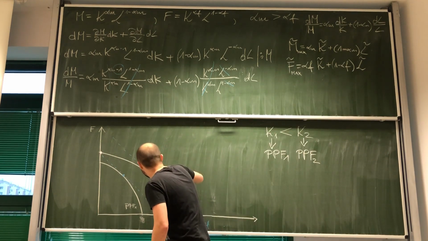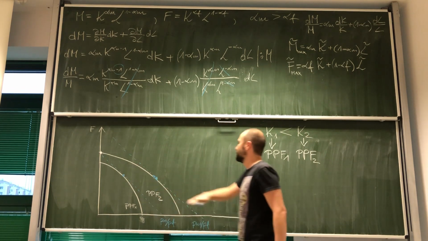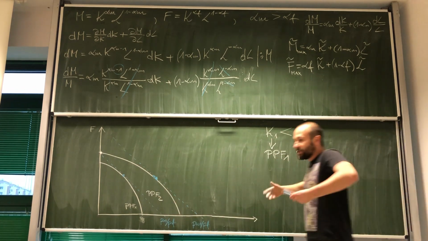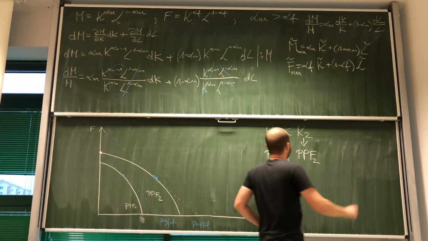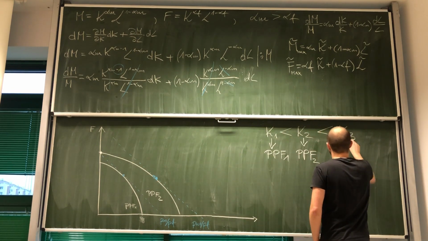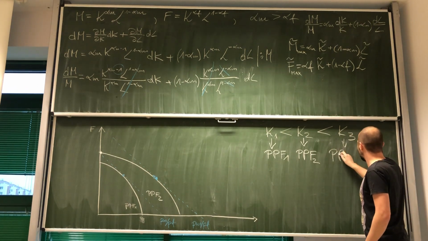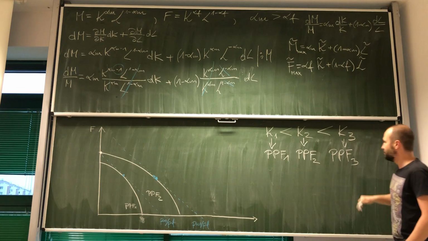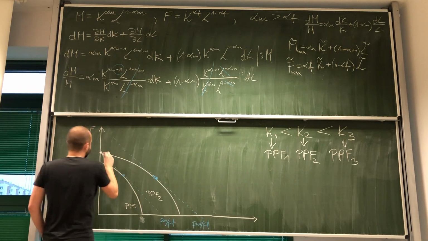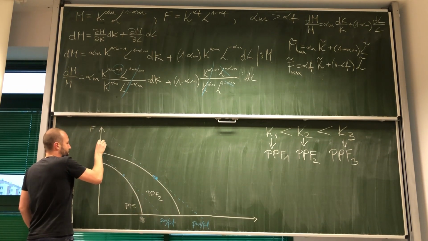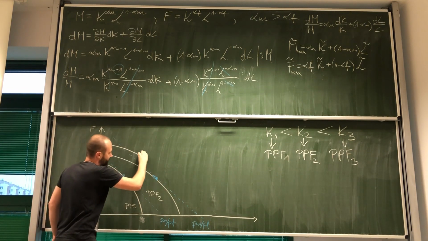Okay, maybe let me just make the result more pronounced. Let me just put it over here. Okay, and then let's just say that the level of capital in the economy is going up again to some level K3. And with this level of capital K3, there will be associated another production possibility frontier, PPF3. So what should happen over here? Look, again, we expect that now we can produce more food, but definitely we can produce even more